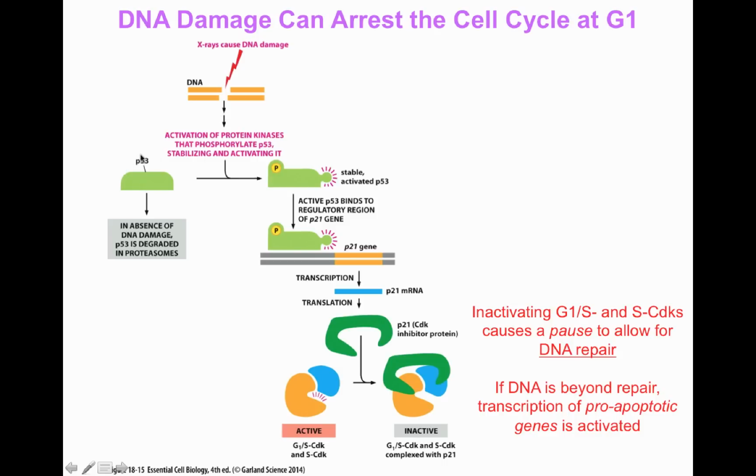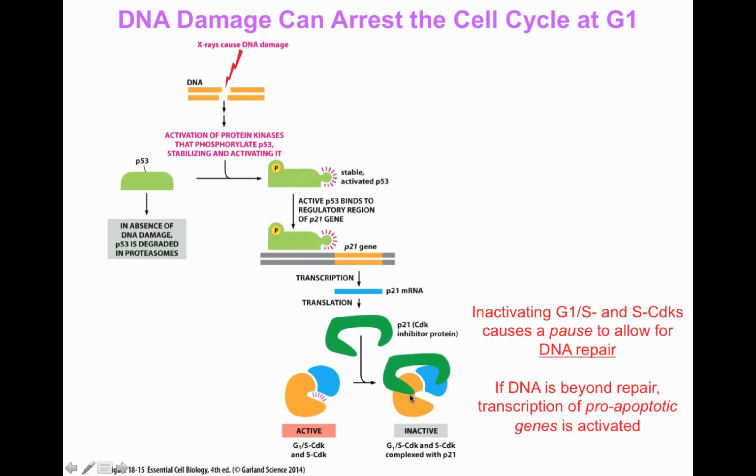Under normal circumstances, p53 is always degraded in proteasomes, but when it is phosphorylated, the protein is stabilized and also activated. When it is active, it can go inside the nucleus, and there it can bind to the promoter of the gene p21. The gene p21 is then activated, transcribed, and translated into the p21 protein, which is a CDK inhibitor protein. So it is able to bind to the G1/S-CDK or the S-CDK, preventing the molecule from being active. So by activating p21,